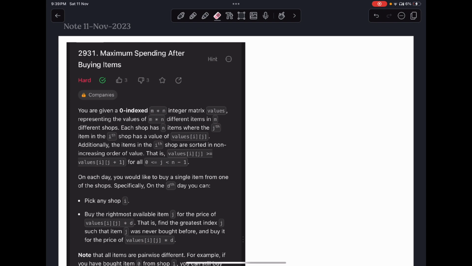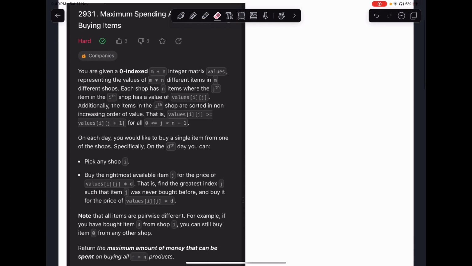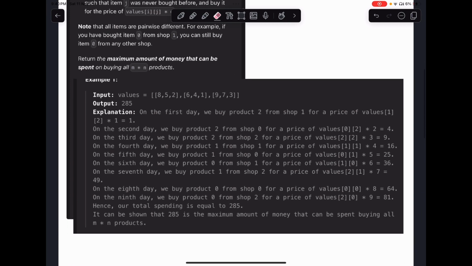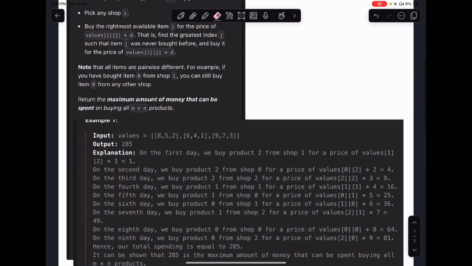Today there was a bi-weekly contest, and right now we are discussing the last question. Actually, the last question was not that tough. It's a basic question. If you have read the question very carefully, and if you have seen example one very carefully, you will definitely get the intuition that we can solve this question using a greedy approach. So basically what they are saying is,